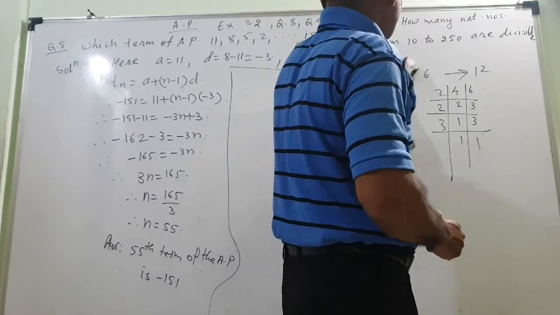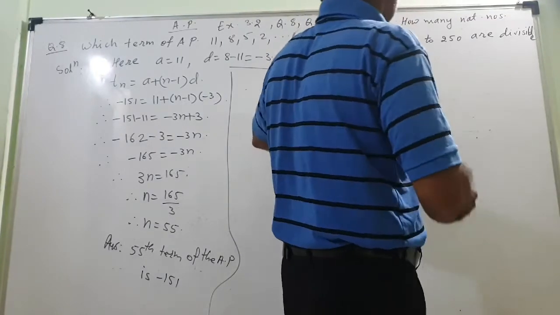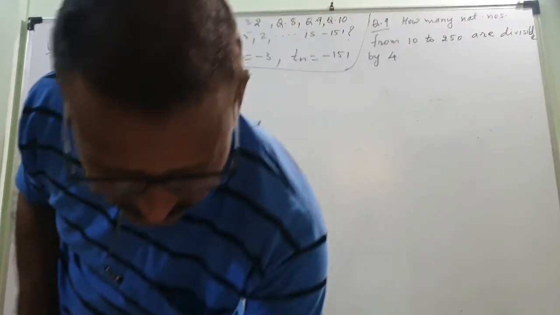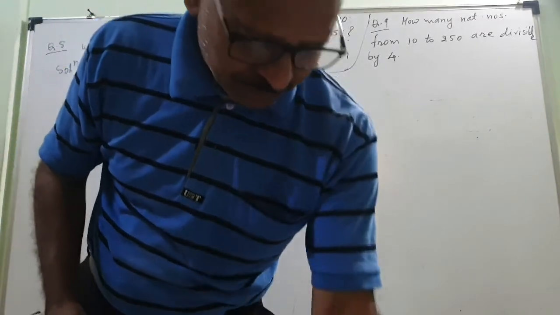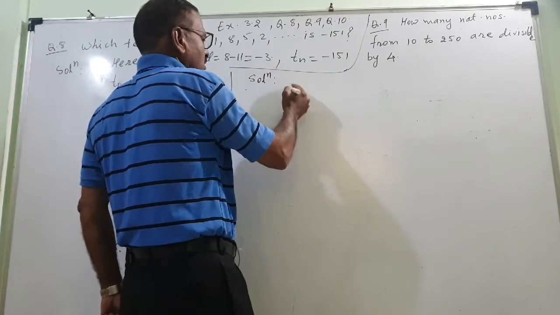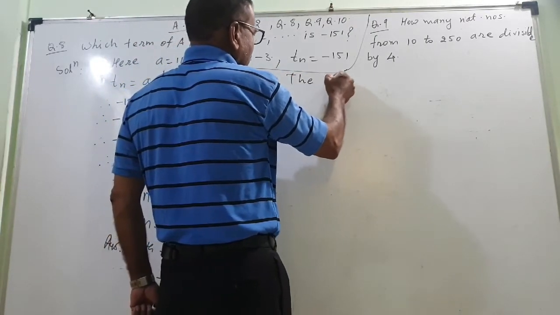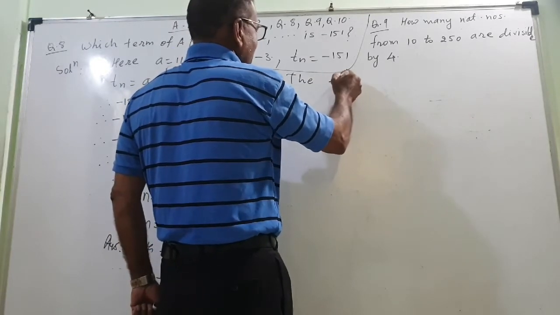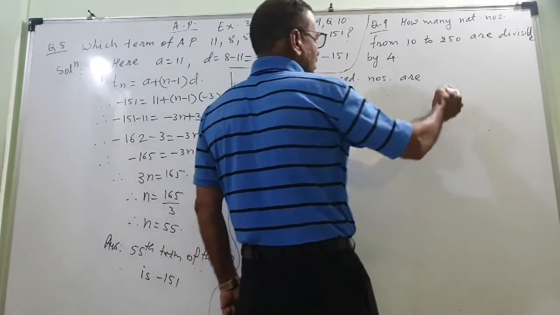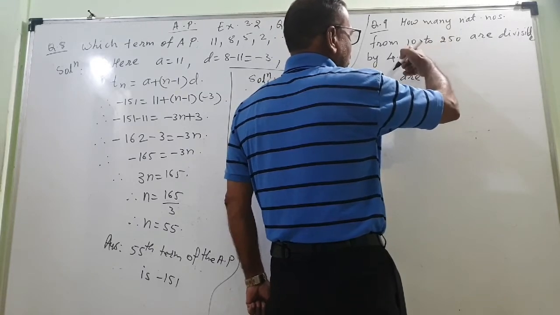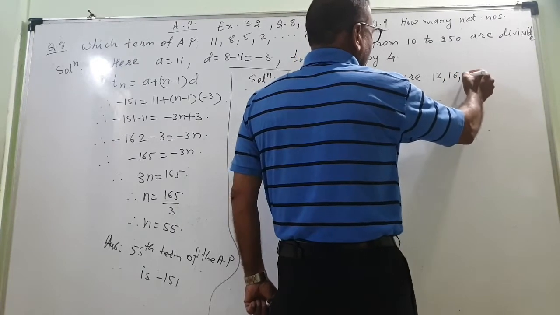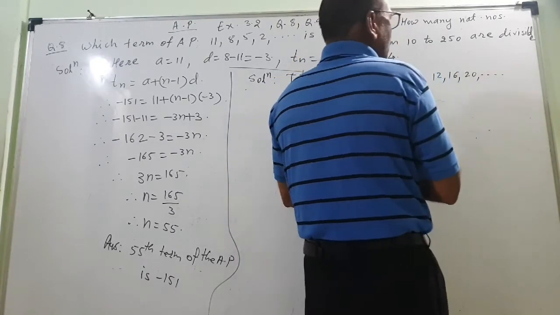So all of you, just find it divisible by 4. The question here written is by 4. So solution, the required numbers are, what are those numbers? Beyond 10 I want, so 10 is not divisible, so next is 12, then 16, then 20, and so on I will go.